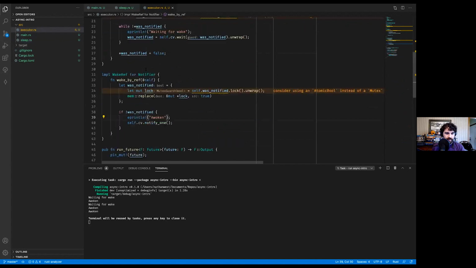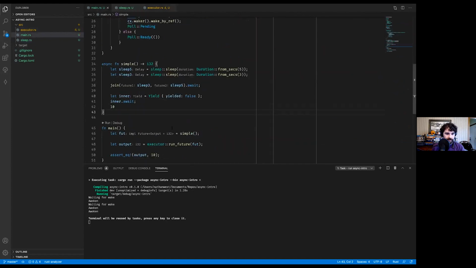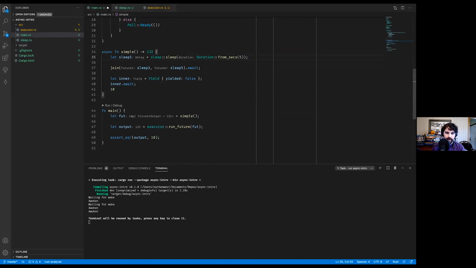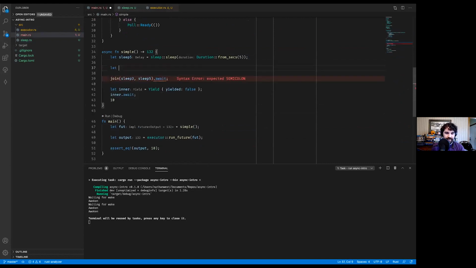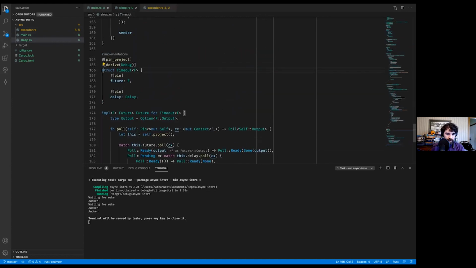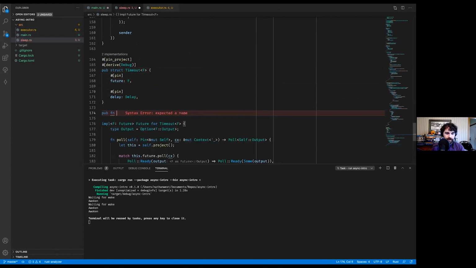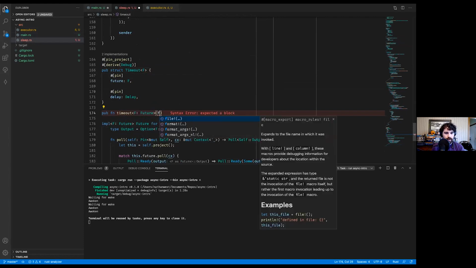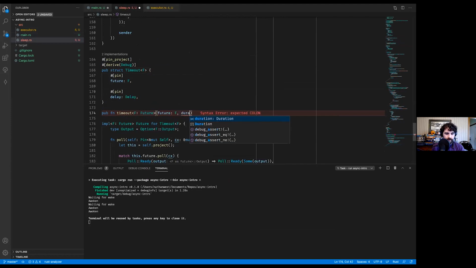We can go ahead and see this in our main function one last time. So here's our sleep 5, but we're going to run it with a timeout. So we will say let timeout equals, actually, let's make a function real quick. We'll make this public. We will say pub fn timeout, taking some kind of future and our delay.